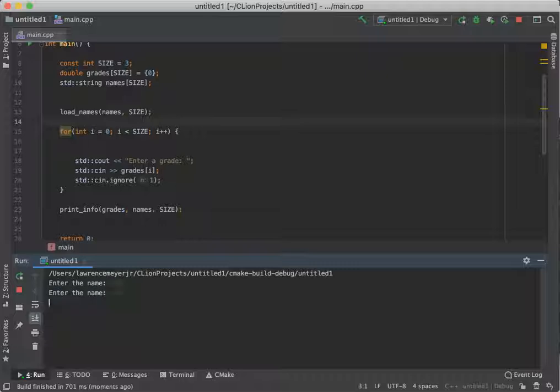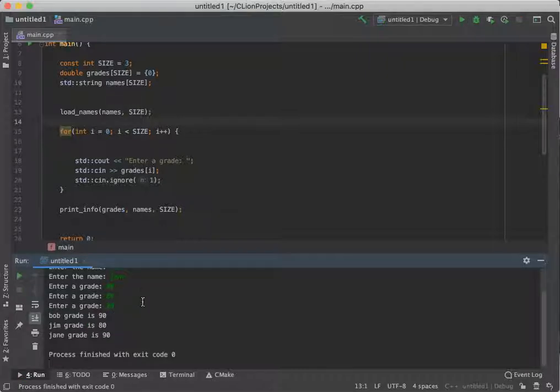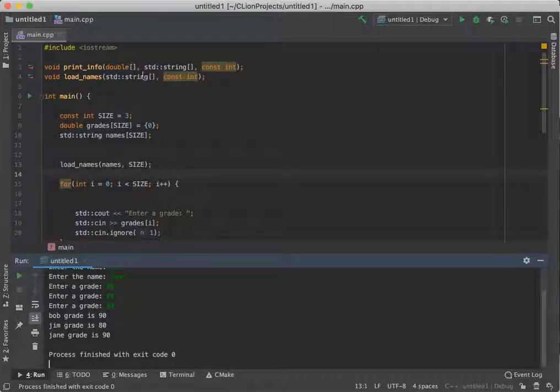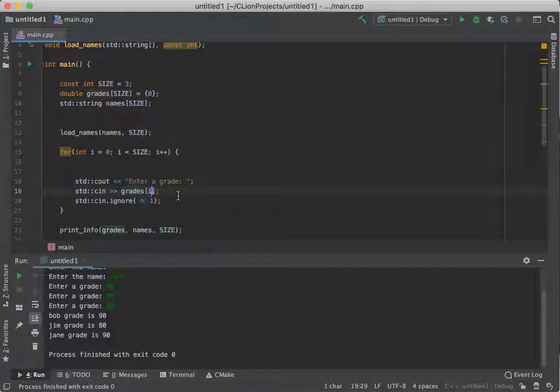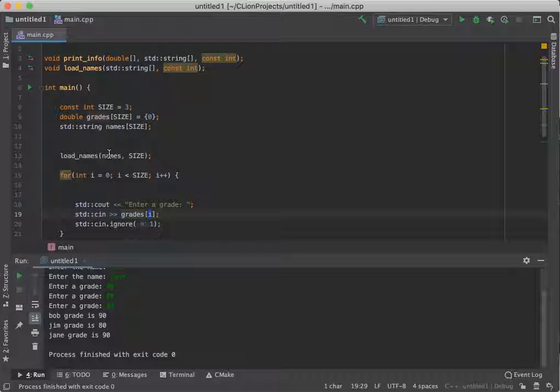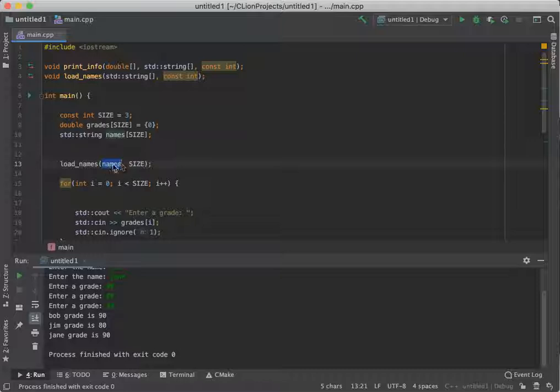Bob, Jim, Jane, 90, 80, 70, 90. And look, Bob, Jim, and Jane stuck around. That's because arrays, when you pass them, act like pass by reference. They're kind of a pointer styled variable because the name itself is a reference to the very first memory location, and the index that you give it is the location as to where that actual memory is from that base address, either right there or on down the way. So when you pass in an array to a function, you are fundamentally passing it by reference,